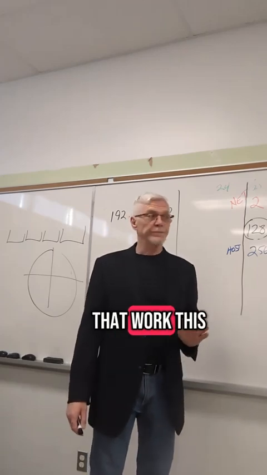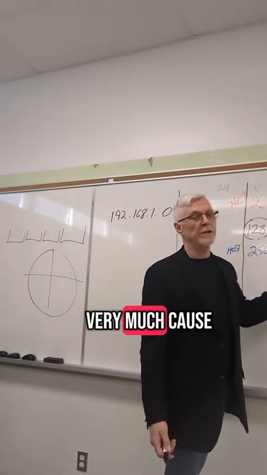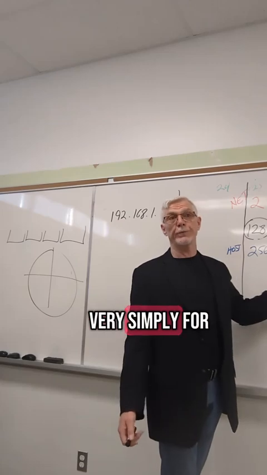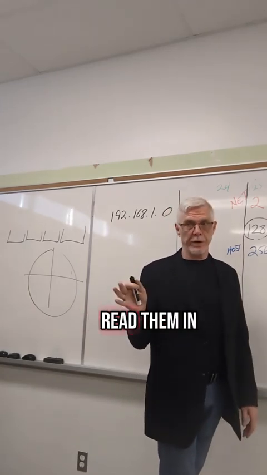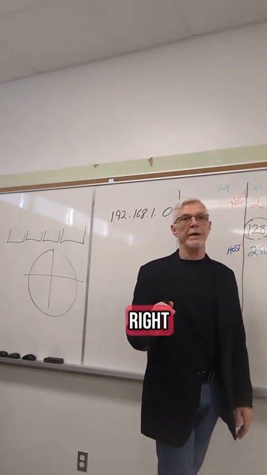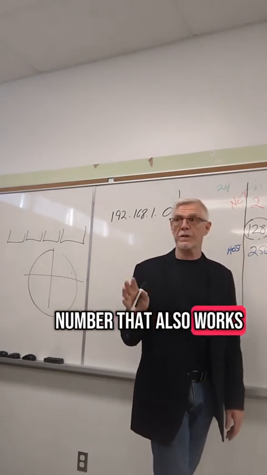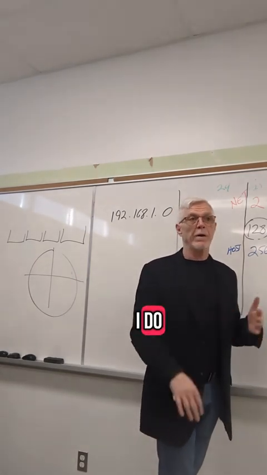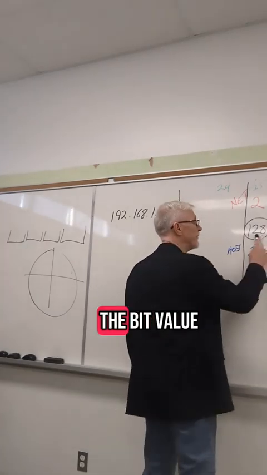So how does that work? This, what I'm showing you here, is the grid pattern, which I like very much because I'm a visual guy, and it works very, very simply for Class C networks. There are other methods, most of them, and you can read them in Netacad and everything, they're mostly math, right? 3 to the nth and 4 to the thing, and I've got a video up there on the magic number that also works. Some of you may look at this differently than I do, but I find this very, very simple. What I've done is put the bit value